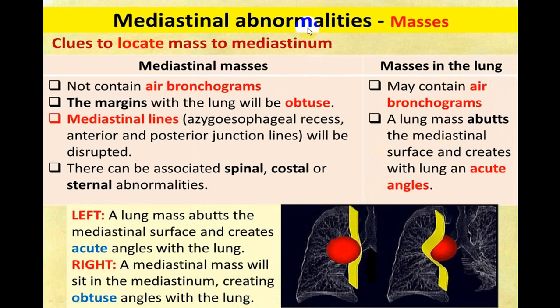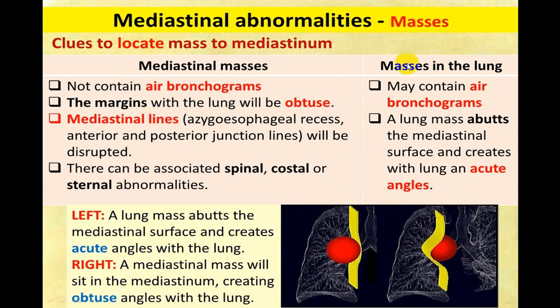Now, in case of a mediastinal mass, there are two words commonly utilized. One we call a nodule, and another we call a mass. Mass means more than 2 to 3 centimeters in size, producing a dense opacity, or opaque shadow. If it is from the mediastinum, it is from here, and this will be the lung margin. So it will produce this type of an angle. If it is a mediastinal mass, it will produce an obtuse angle with the lung. So that will help you to identify the mediastinal mass.